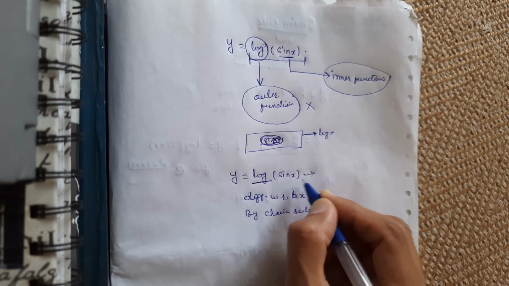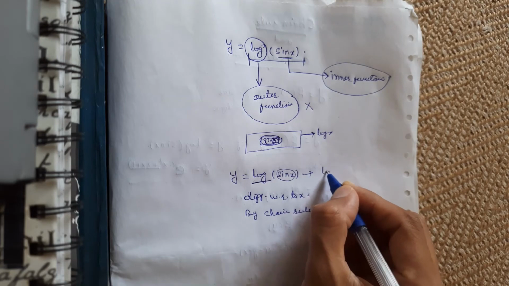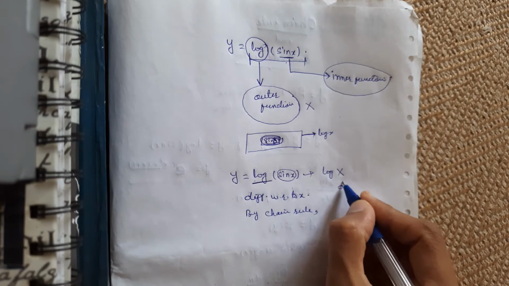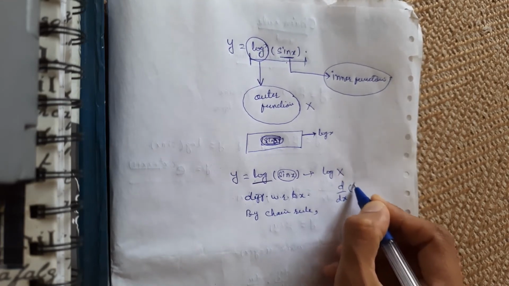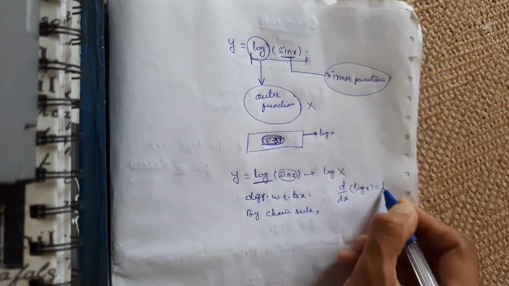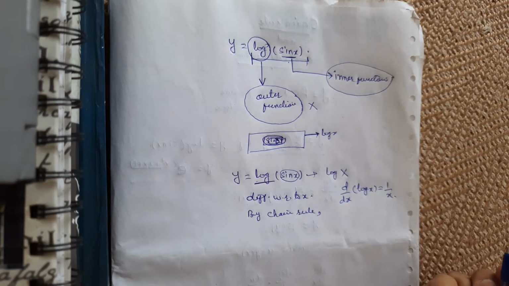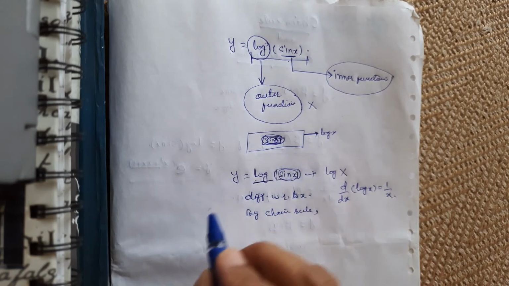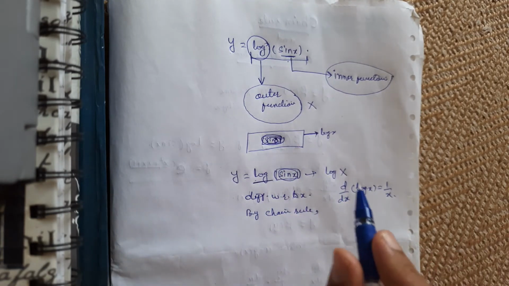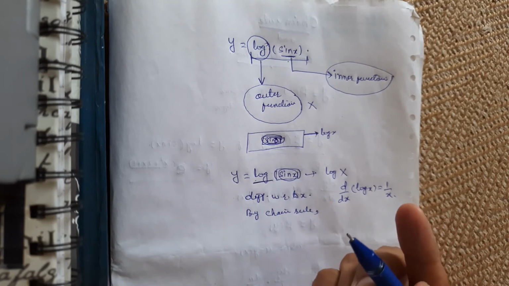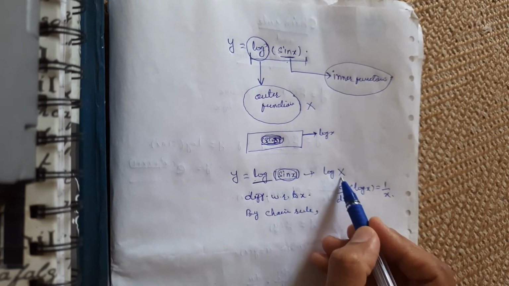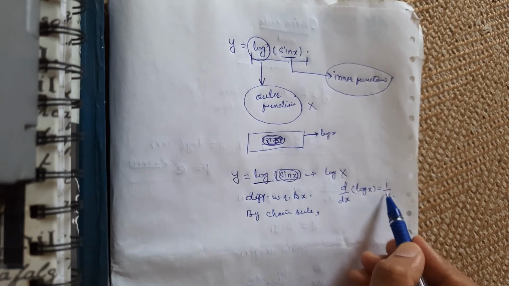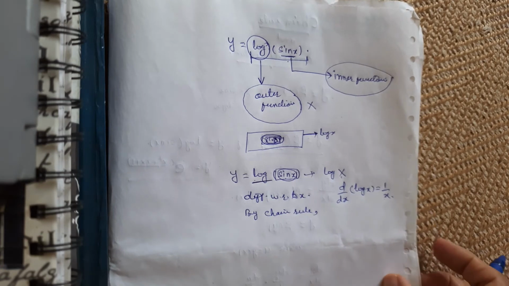So now suppose if I replace this sin x with capital X, then what will I get? Log of X. And what is the derivative of log X? We all know from the standard formula that d/dx of log x equals 1 upon x, right? So consider this, forget about the sin x here, forget about the inner function. Whatever the inner function is, you just consider it as a single function. Suppose it is log X. If I replace sin x with capital X, then the derivative of this will become 1 upon X, right?